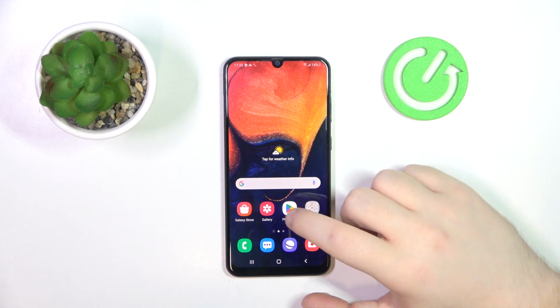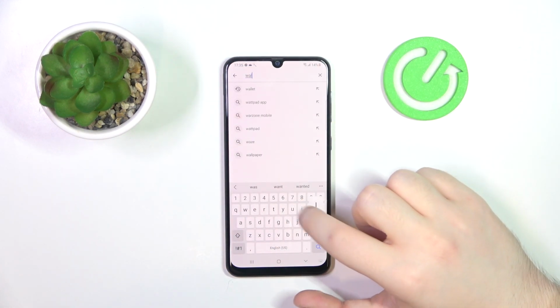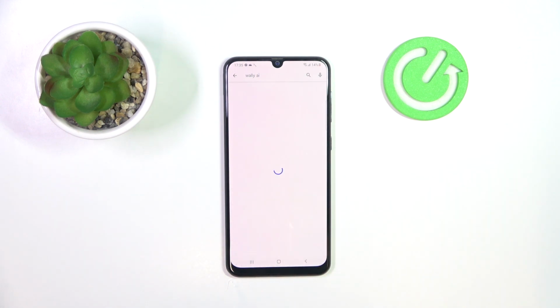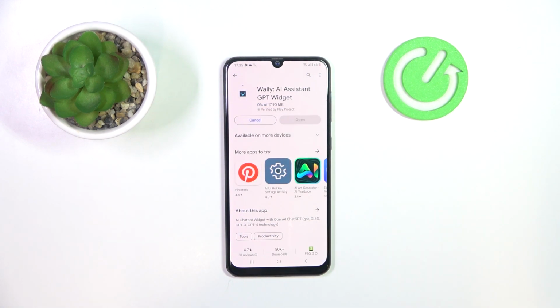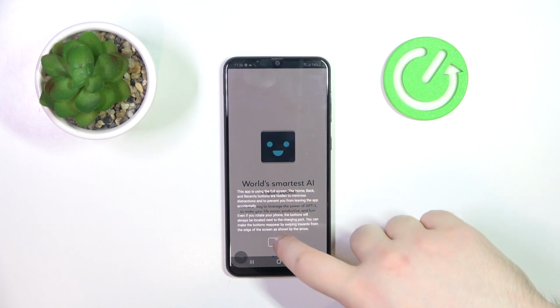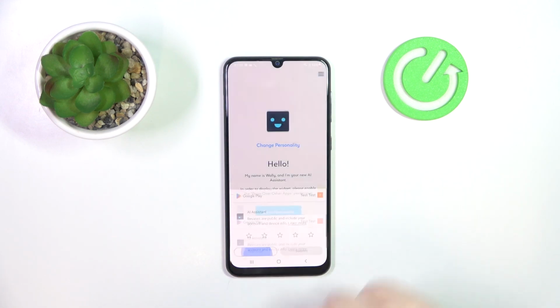So you have to start by opening your Google Play Store, then click on the search bar and type in Wally AI and click search. Now select this application and click install. And now scroll up and click OK, and then click on this button to skip introduction, then click not now,